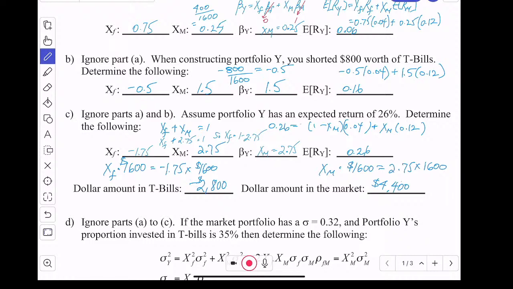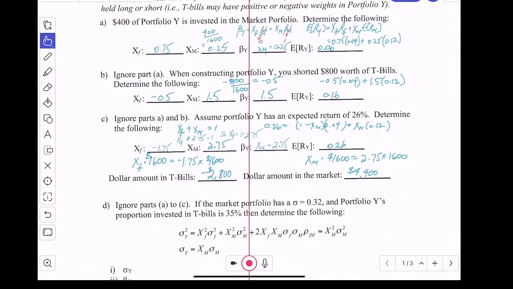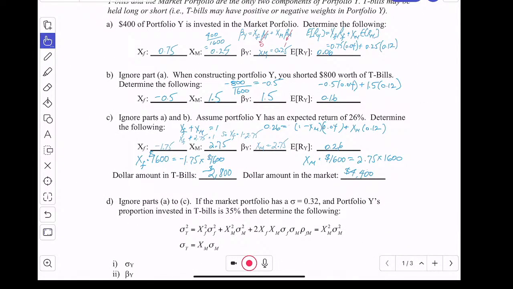So first, I give you information that's going to help you figure out the weights. Then I ask you instead to find the weights using information on the expected return. What if I give you information on the standard deviation of the market portfolio? Can that help you determine